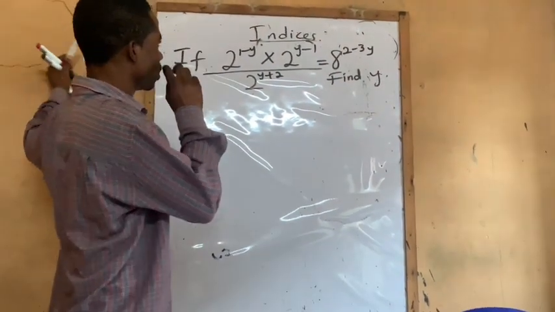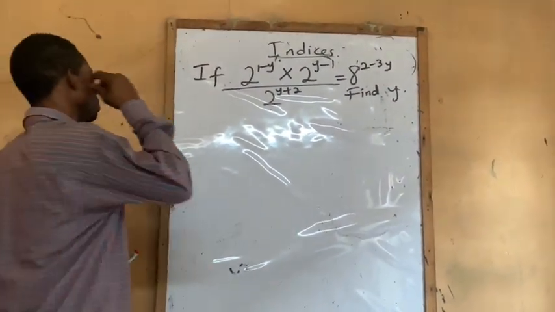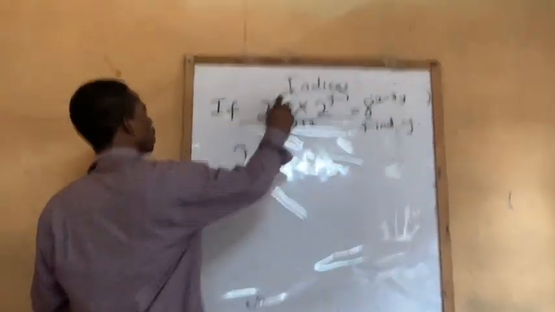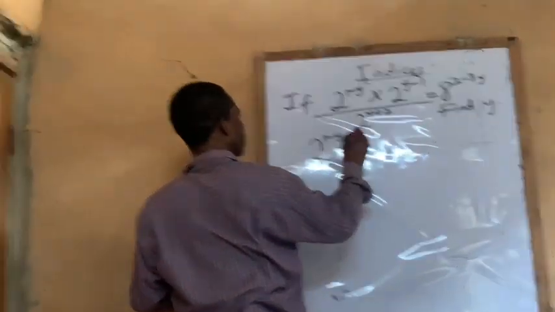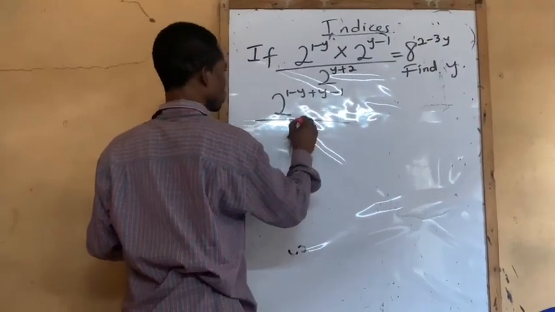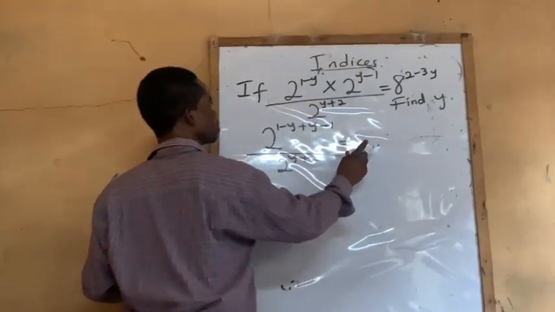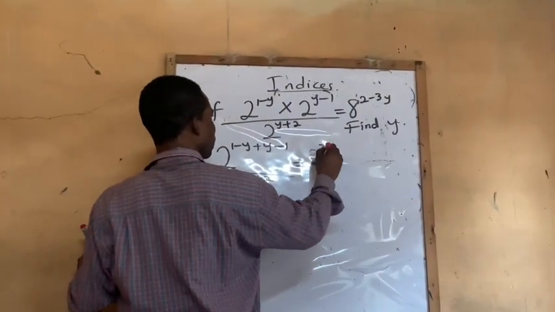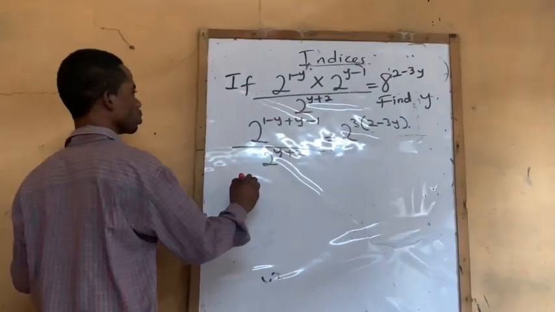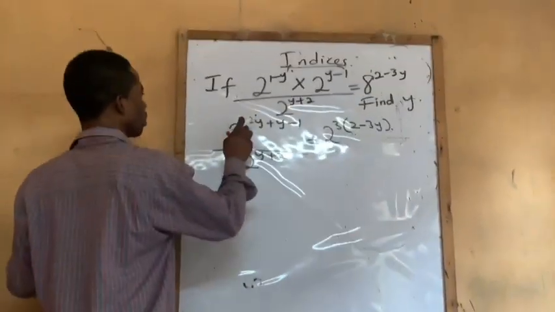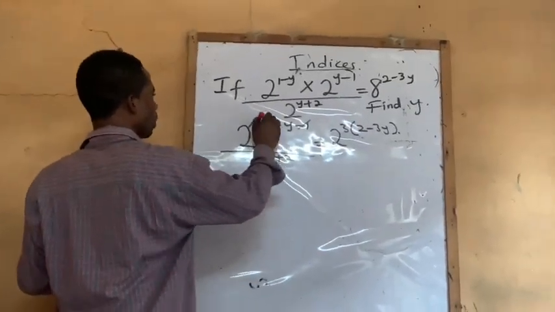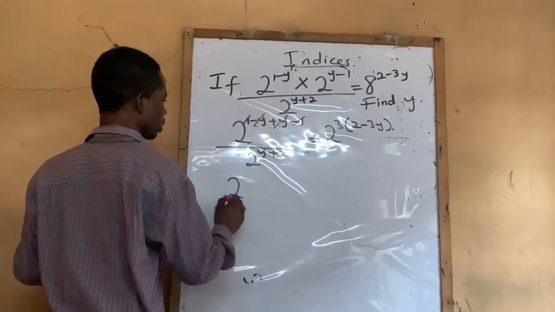Now, let's look at something like this. They are very simple because they are the same base. Take one, add the powers together, all over this, equals, change this one to index, 2 raised to power 3. So definitely we have 2, 1, no plus 1, here we cancel minus 1. And minus y we cancel plus 1. So that means 2